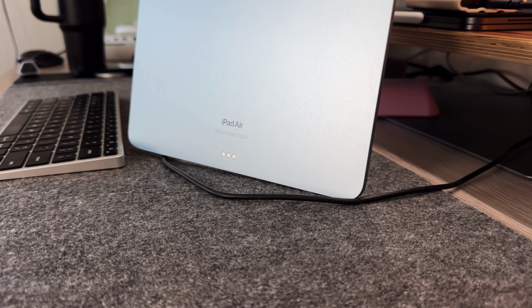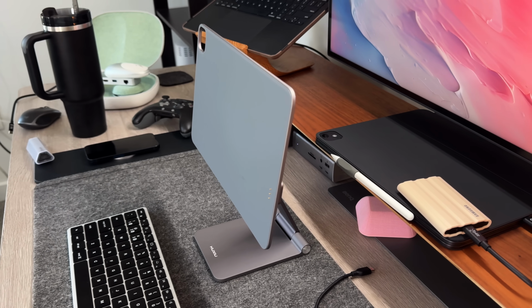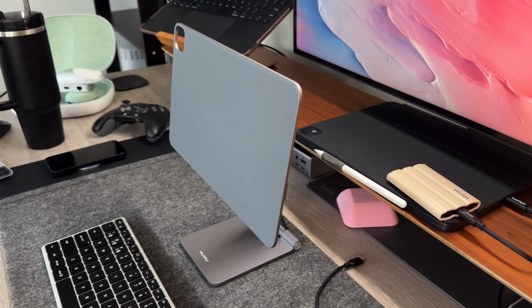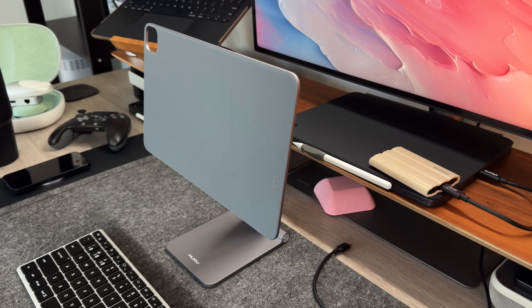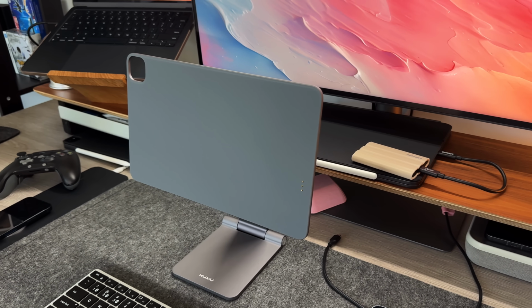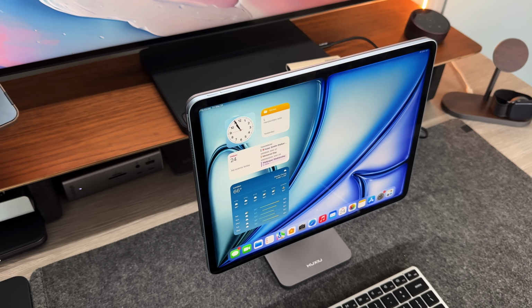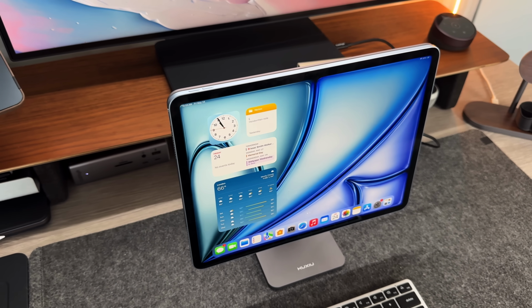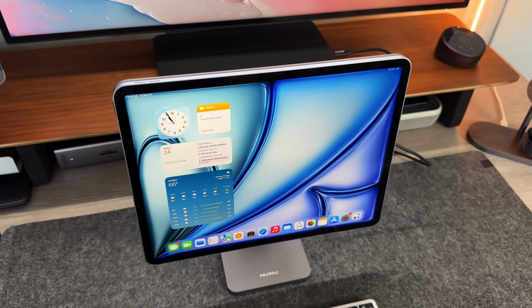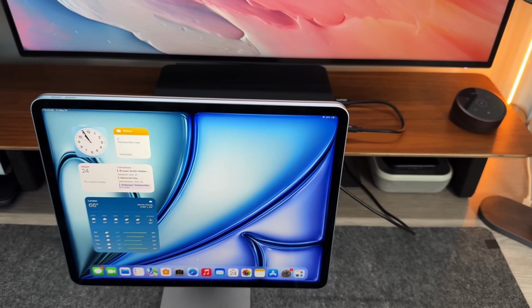But the first accessory that I want to talk about is the X33 by a company called Kyushu, and I recently wrote an article about it because it's one of those accessories that once you use it, you're surprised that it took this long for a company to actually make this, because at first glance, it's just a magnetic stand, right? So you look at it, you just throw your iPad on there that attaches via the magnets that are on there, and it's a very familiar third-party stand, right? It rotates 360 degrees, it rotates 180 degrees the other way,